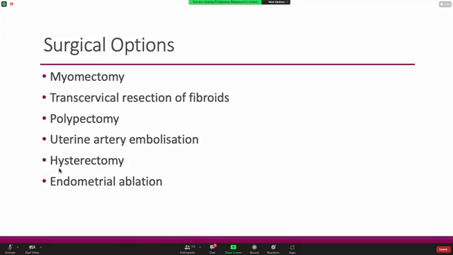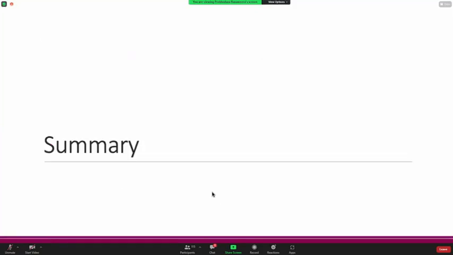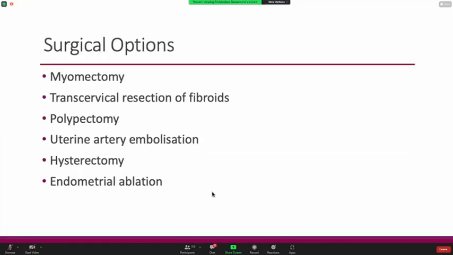Endometrial ablation is what is still not happening in a very big way in Sri Lanka, but all these things are happening in our unit. Endometrial ablation in other countries is one of the commonest things to do, because they have gadgets where they put a small gadget inside, and we call it cooked endometrium. By using heat, they destroy the endometrial lining, right? So these are the things you all have to remember